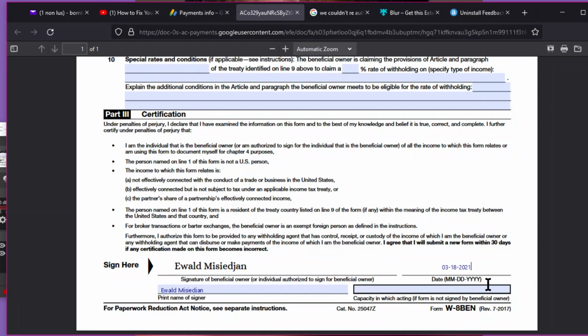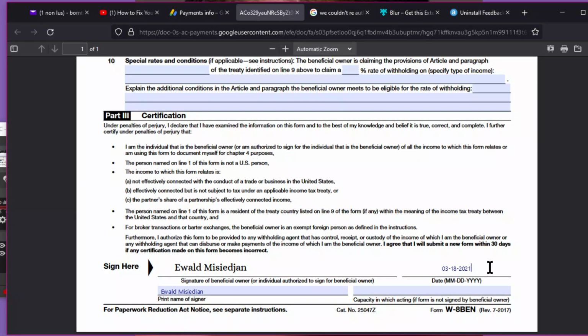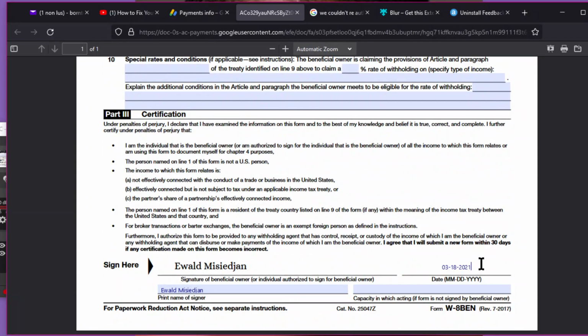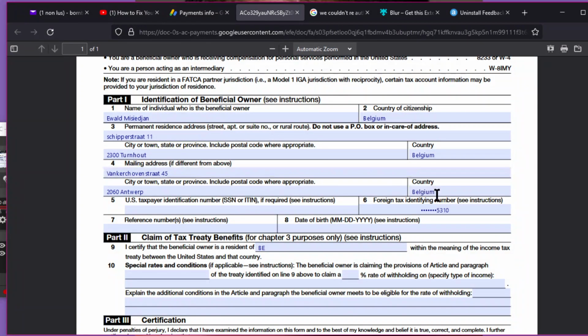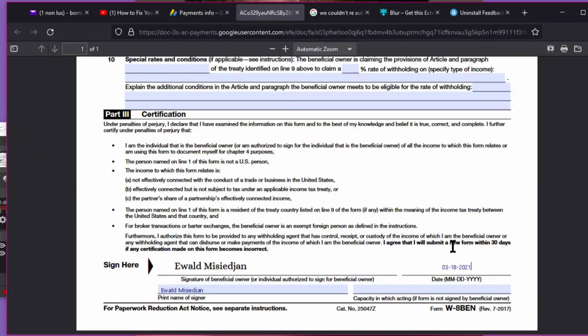Maybe he doesn't know, because I could use the same old form again and just change the date. I don't want to change anything. It's the same information. I've nothing to hide here, so I don't have to waste time pretending to hide something. This thing worked last year. It's just that it expired.